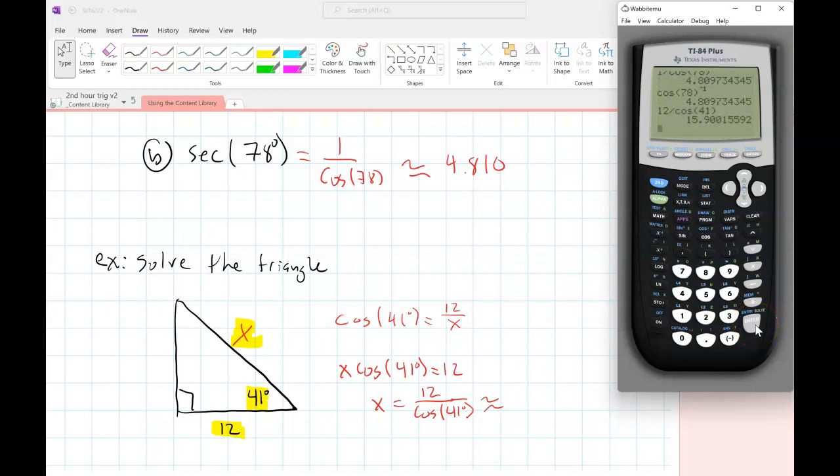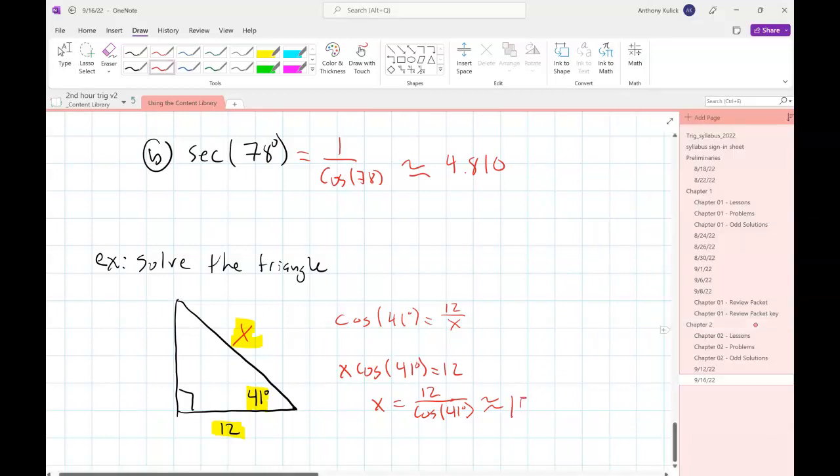So about 15.90. Okay. What side do you want to get next? Or what part do you want to get next? I guess we have a side and an angle. I'm feeling the angle of